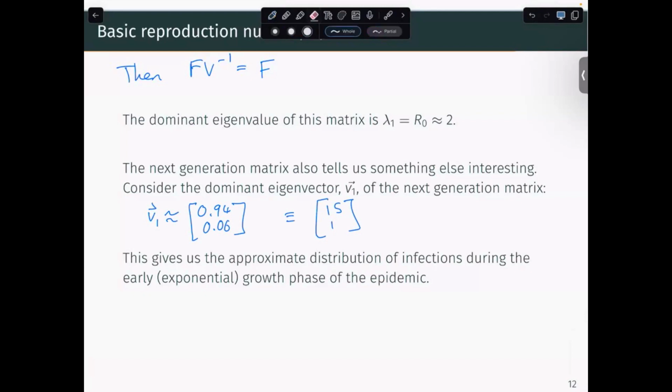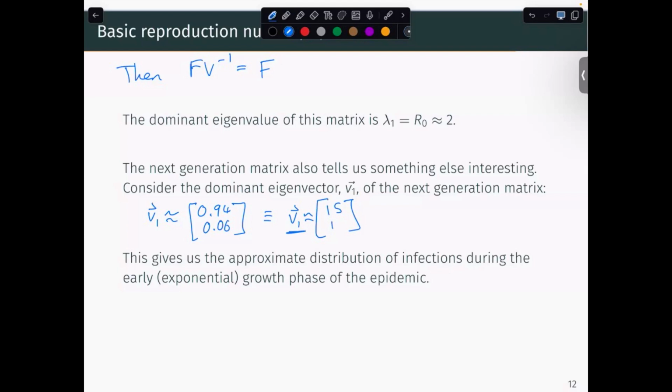I should put this here as a, I don't know if that's exact actually. I'm going to call this V1. Little bar underneath it. I can't, yeah, my mental arithmetic's not right. It's going to be approximately 15 to 1. Why is that interesting? Well, it's telling us that